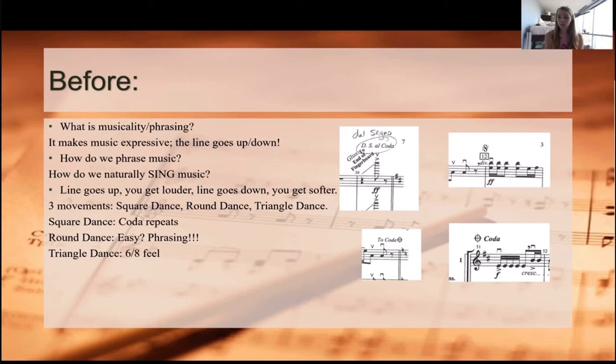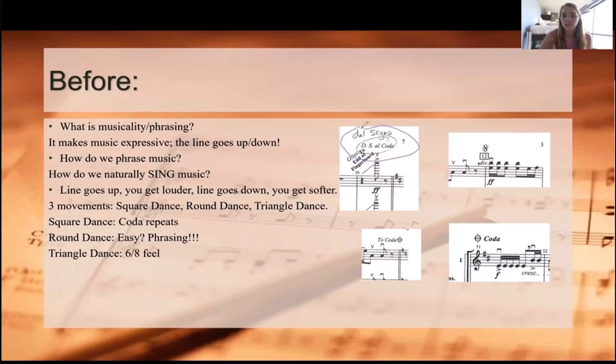So there are three movements in Geometric Dances. We are going to have the square dance, the round dance, and the triangle dance. In the square dance, we are going to talk a little bit about the repeats that we have with the codas. So what we're going to do first, in the music, you might see this here where it says